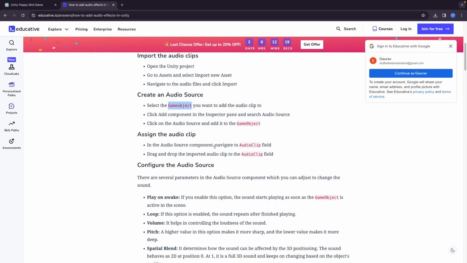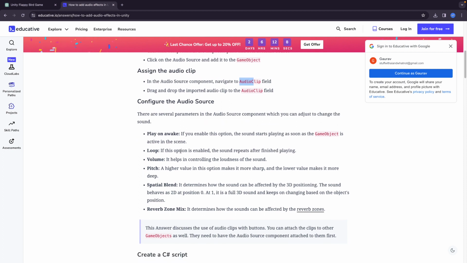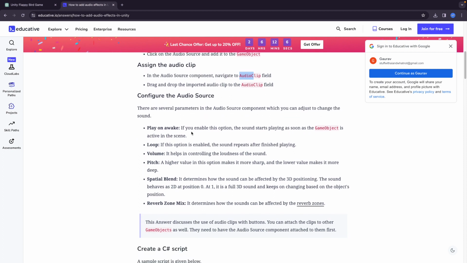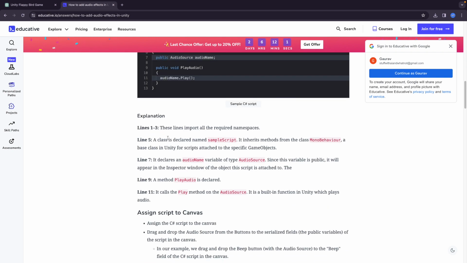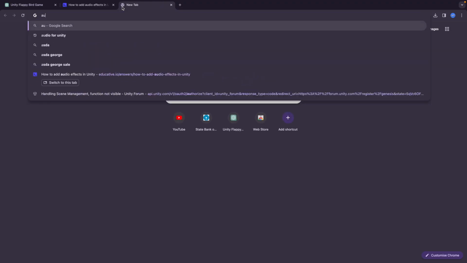Okay, and then navigate to audio clip. So we have to create an audio source, then attach an audio clip, and then configure the audio source. There are a couple of configurations. Play on awake. I don't think we want this play on awake. And this is how we import the audio source. So first of all, we'll need an audio. So let's see audio